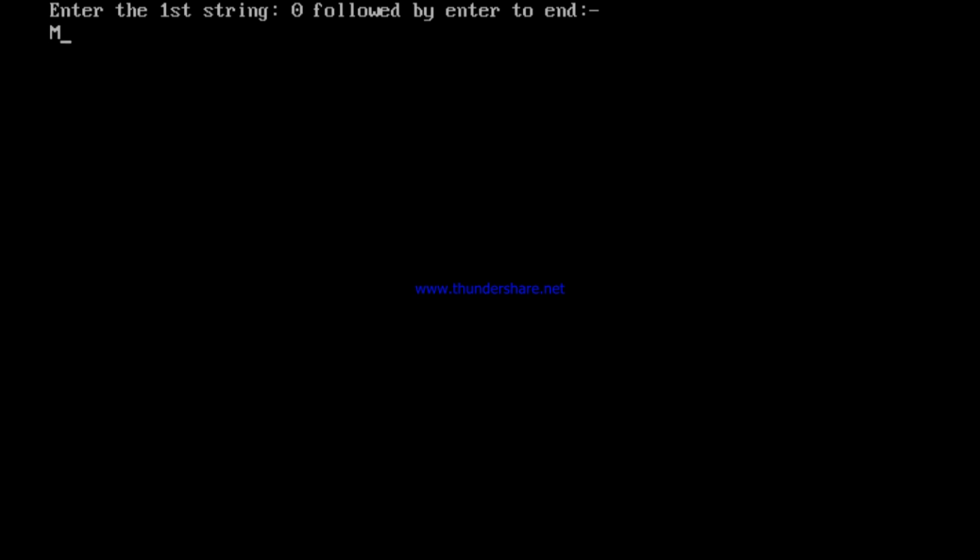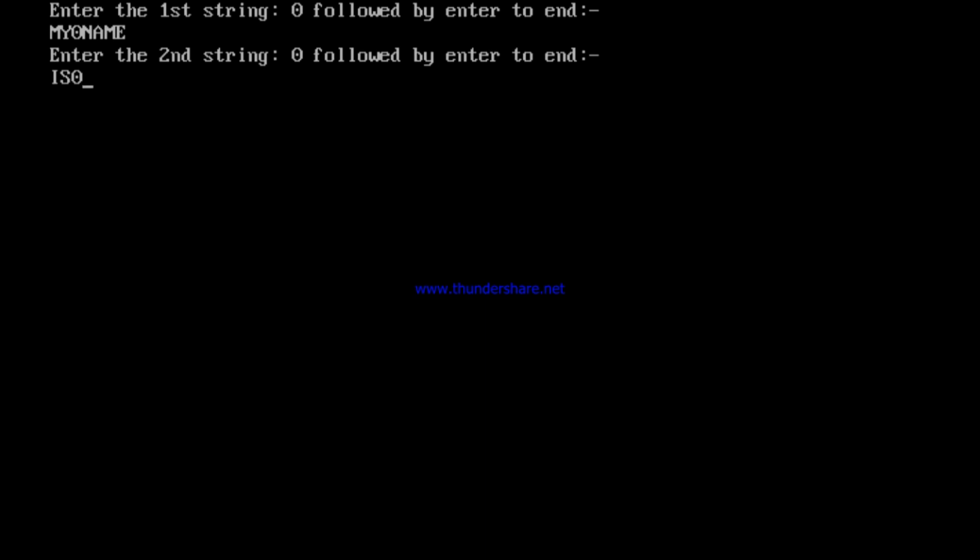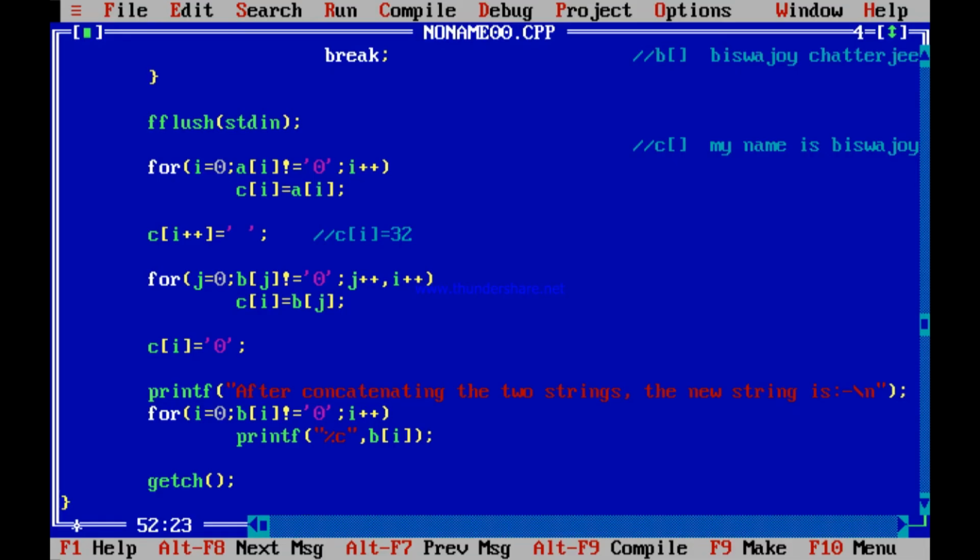Anyway, but you see over here, you put a 0, you put a name. It is not a part of your first string or second string. Now in your second string you enter "is". The buffer was flushed before scanning. So now the second string will be printed as only "is", because the name was flushed out from the buffer. Extra things in the buffer were flushed out. So the change that you need to make is, you don't want to print B, you want to print C, the one you concatenated. So your concatenation program will work smoothly.